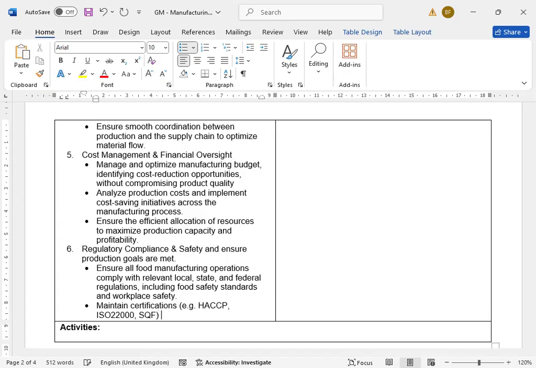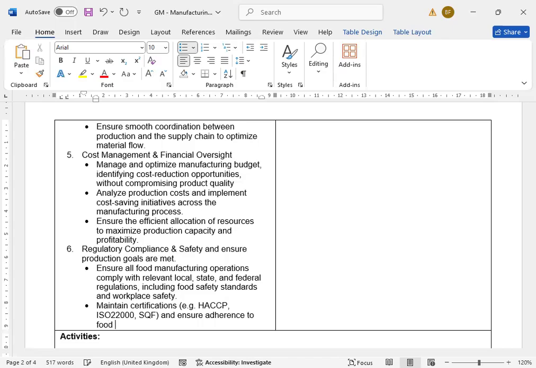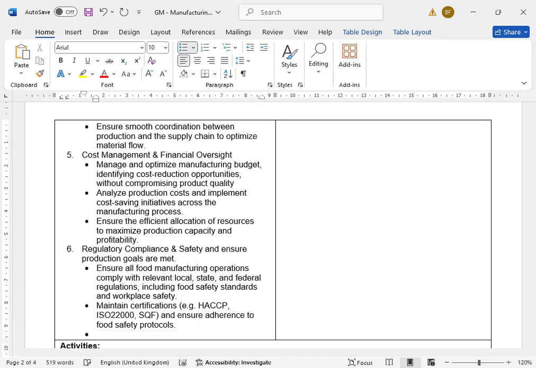And ensure adherence to food safety protocols. Okay. Then another one would be implement robust